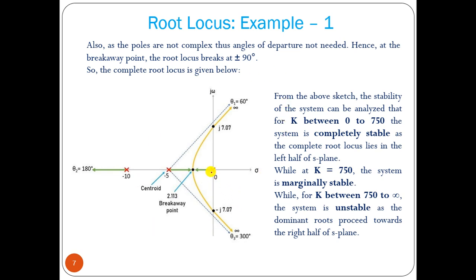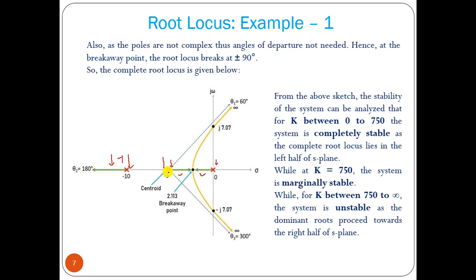What we can see is that at this point we don't have any root locus path. Between these two poles, if you look at the right hand side, there is one pole, so a root locus path exists. This is marked by this green line. Just before this pole, on the right hand side, in this area two poles are there, so the root locus path does not exist. After this, on the right hand side, we can see three poles, so the root locus path exists.